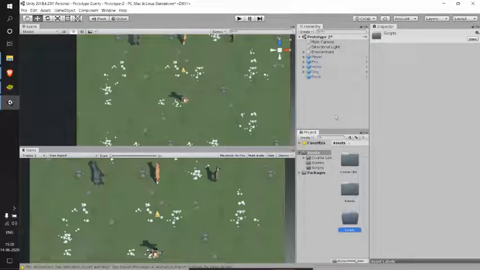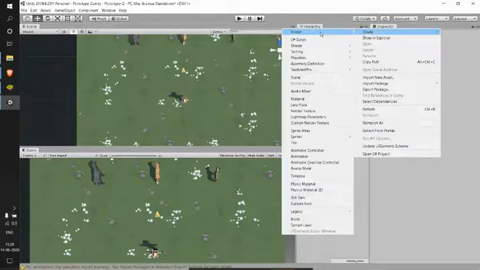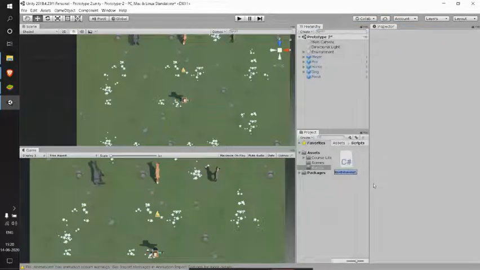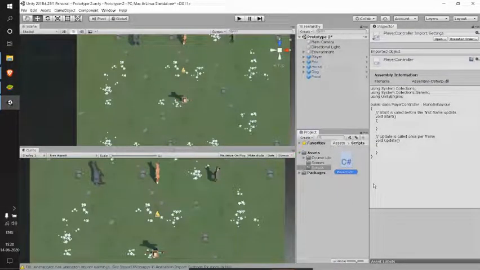In the scripts folder, I'll be storing all my scripts. I'll enter the scripts folder and here I'll be creating a new C# script file and I'll name that as player controller. So I have successfully created my player controller script.